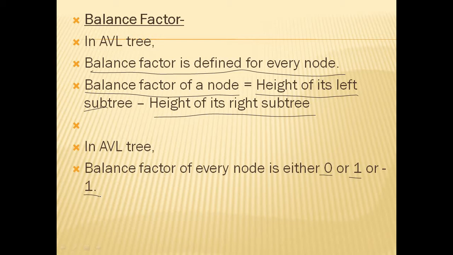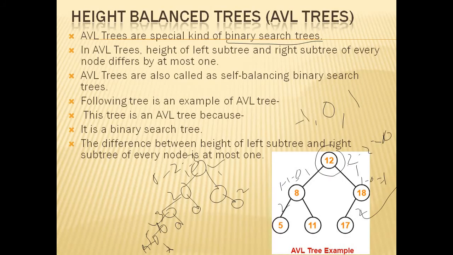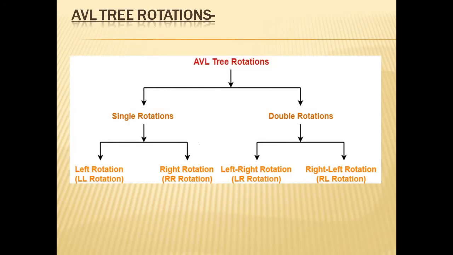If it is having more than these values, then we say that it is not height balanced. Then we need to perform height balancing. Now we discuss how we are going to perform the height balancing. Assume this tree is not height balanced. Then how can we simplify that? For this, we have 4 rotations. With the help of these 4 rotations, we can perform height balancing.